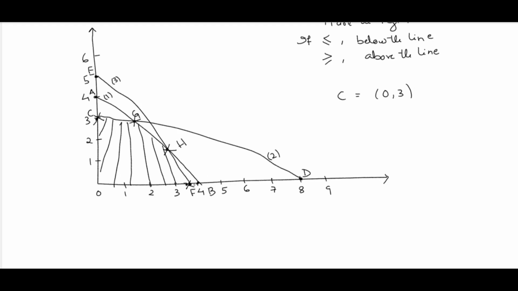The coordinate of F is 3.5, 0. Then we don't know the coordinates of G and H. That we need to determine. So how to determine it? We can see that